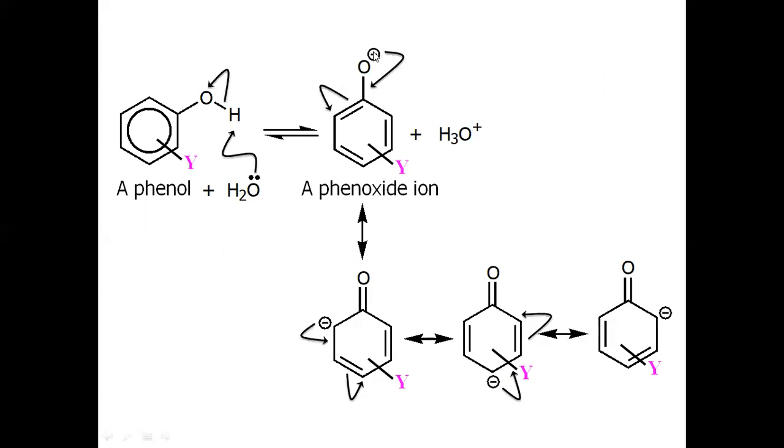In this case, when this lone pair collapses here and this pi electron moves towards this carbon, we have the negative charge at the ortho position. And then in the other resonating structure, this negative charge collapses at this carbon and this pi bond moves to this carbon, which is para to this carbon. And again, it will resonate here and this pi bond will move to this carbon. We have this resonating structure. So because of this resonance stabilization, phenol has some acidic character.